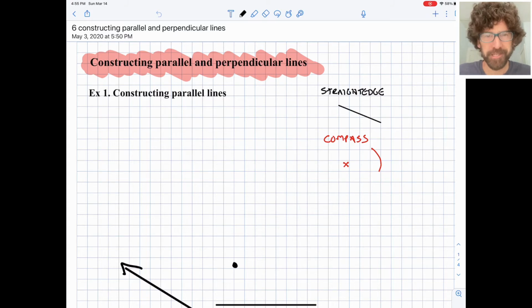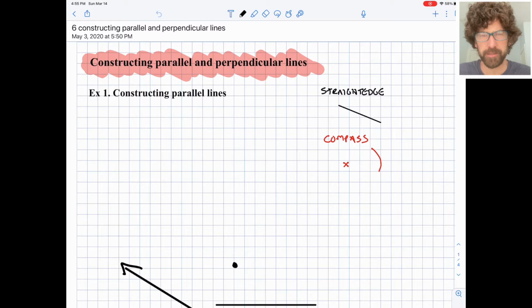All right, this is a video for geometry class on constructing parallel and perpendicular lines. We'll be doing 3 specific examples here. As a reminder, constructing in geometry has a particular meaning to it. It means we're using a compass to draw arcs or circles, and we're using a straight edge to draw straight